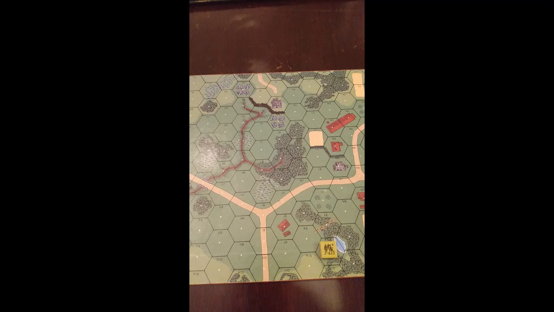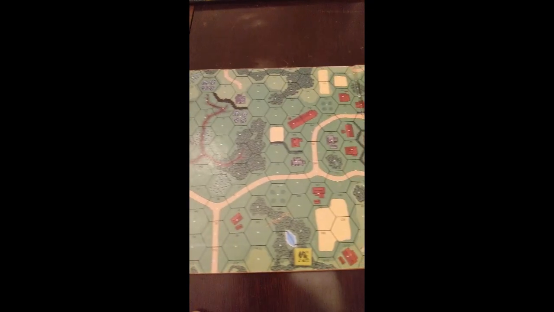If we want to go to M9, we would have to go either through L8, back in this woods hex, or M10. So we're going to go into M10. So there's 2 movement factors plus the movement factors needed to increase elevation. So we're increasing elevation, so we're doubling that 2 movement factors to 4.